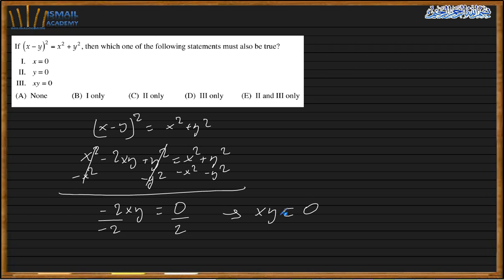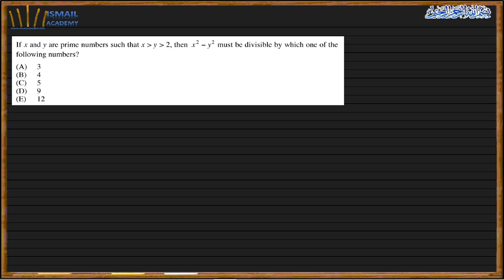So I have x greater than y greater than 2. So x squared must... All right. Well, if x and y are prime numbers greater than 2, that means both of them are odd. So x and y are odd numbers,